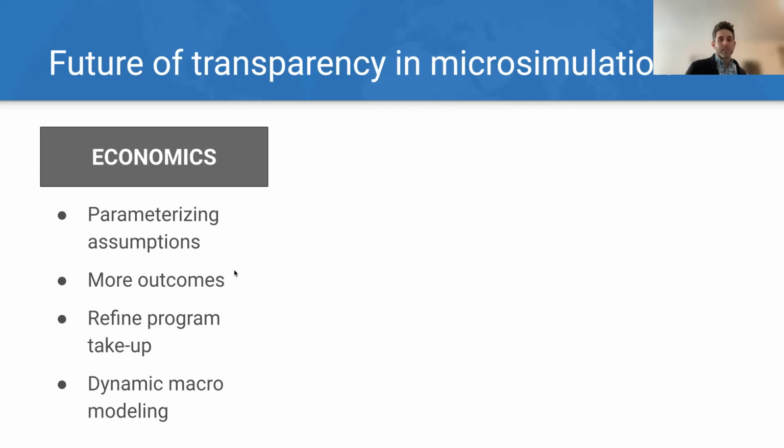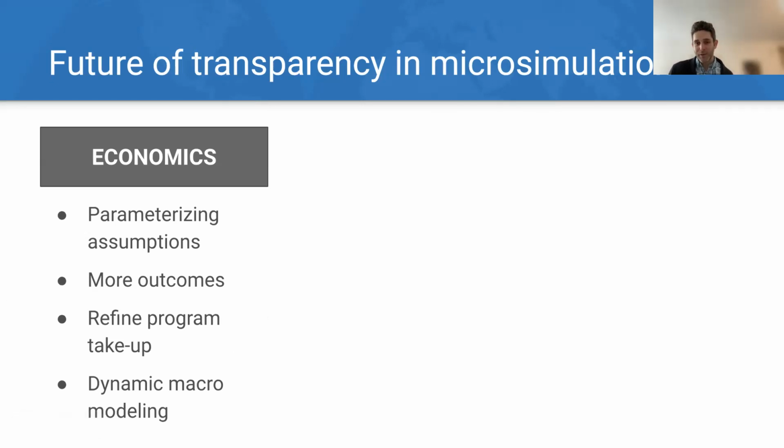More outcomes like carbon emissions, race and ethnicity inequality, those kind of things we'd love to get in. Program take-up. This I think is a hard one, but really important. You have some benefit programs that have something like 80% take-up rate, some benefit programs that have more like 10% take-up rate. And there might be some ways to model if you're introducing a new policy. I mean, CBO does this to some degree, but what are the characteristics of that program that are going to influence how likely people are to actually participate in the program? And you could adjust that and put it into the model.